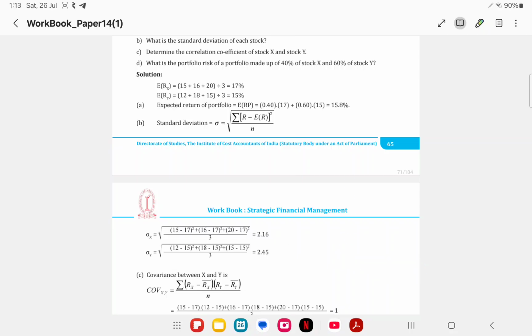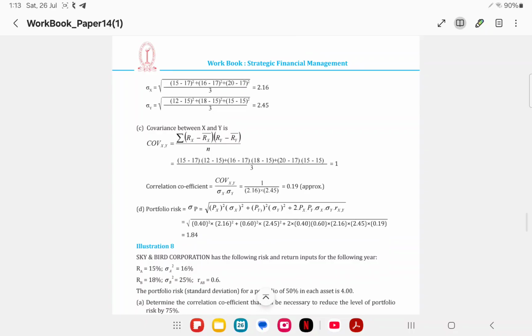Let us see what they have done. Similarly, they have done weight square into variance, weight square y into variance, plus 2 into weight into weight into the covariance xy formula. Okay, so understood. Once again repeating this, you have to calculate the standard deviation of